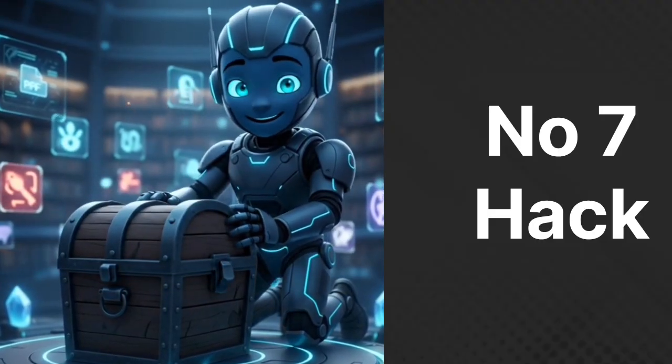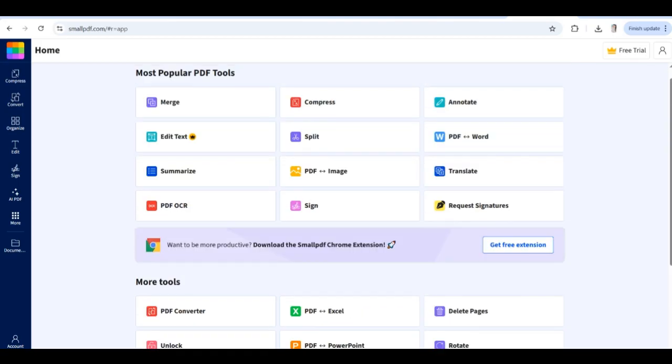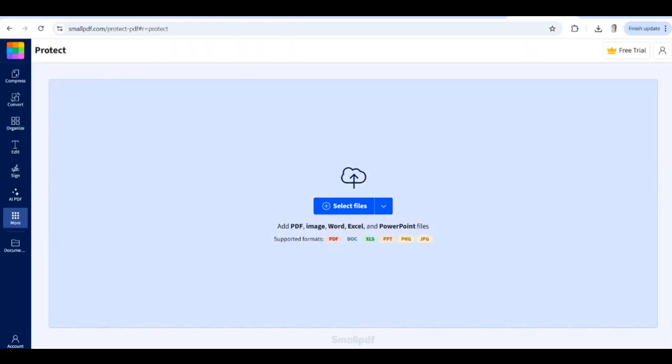Hack 7. Protect PDFs with passwords. If your PDF has sensitive data, protect it with a password. Free tools let you encrypt your file in seconds. That way, only the person with the password